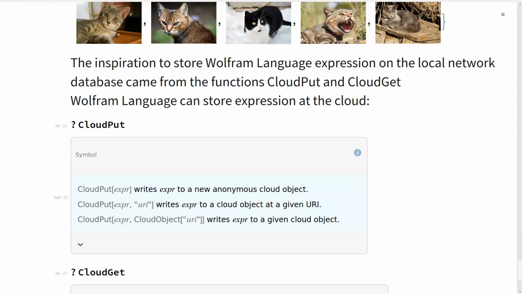In a couple of minutes, it was working and it is very useful when you work with many people sharing data, many people running the same notebook. Everybody gets the data from the central place, or of course you can use Wolfram Cloud to store and get your data. But it's really, really fast when I'm working locally, or on my network. It's really fast to get and save those files. This notebook is on the website if somebody wants to take a look.